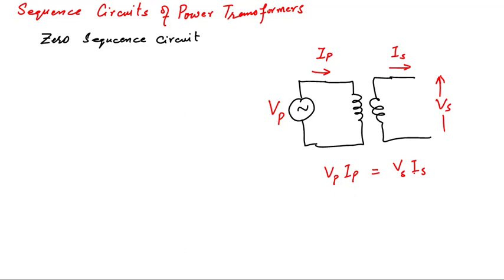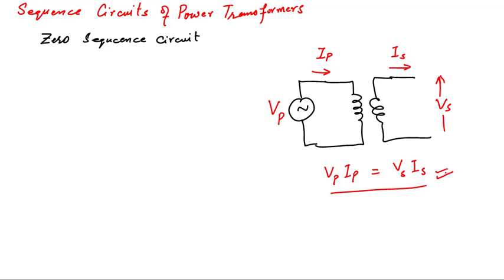in that condition, the primary current will also be zero, because ampere turns on two sides must be equal to each other in order to satisfy this transformer action equation. But practically it does not happen. We have a small amount of current even in no load condition of the transformer. That is due to the magnetization of the transformer. But an ideal transformer does not require any current for its magnetization.